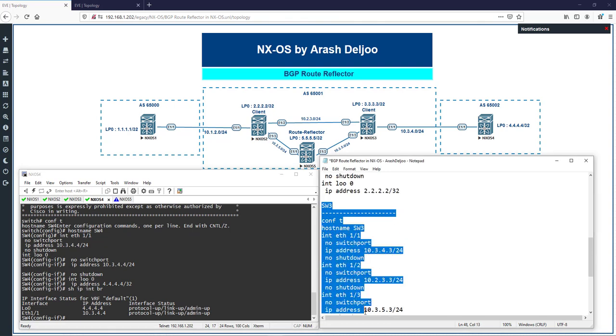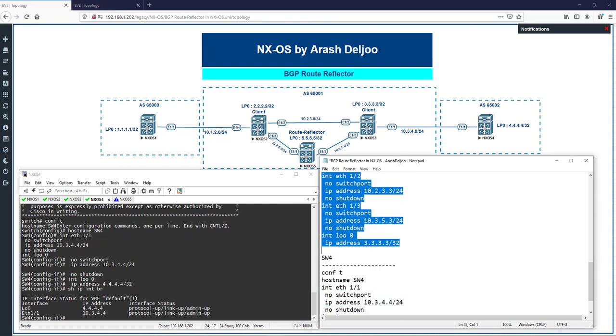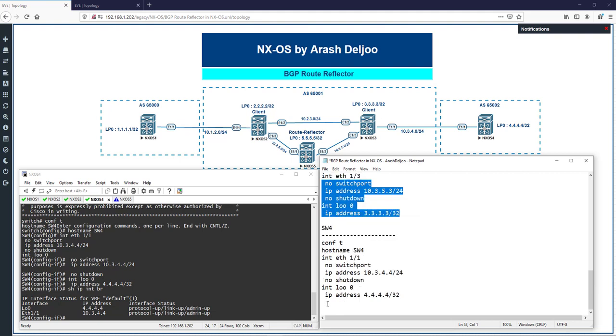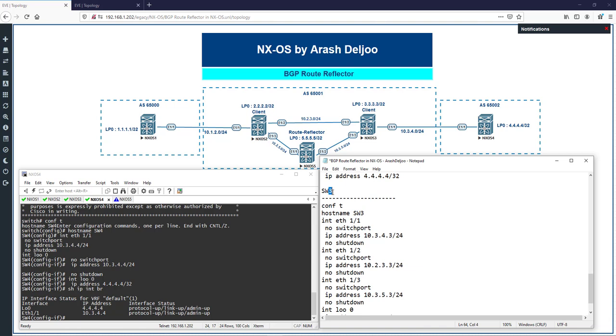This is switch 3's configuration. Copy switch 3's configuration and change some values for switch 5. This is switch 5. In switch 5, the host name is switch 5. And the interface Ethernet 1.1 has the IP address of